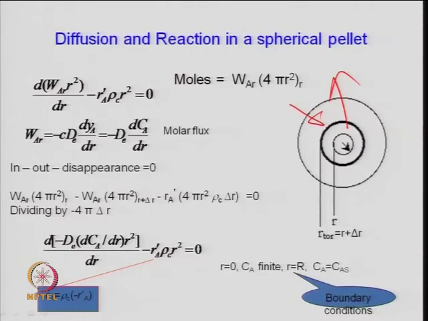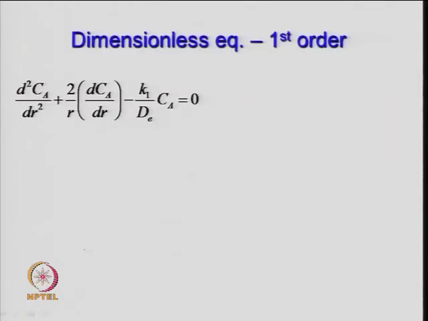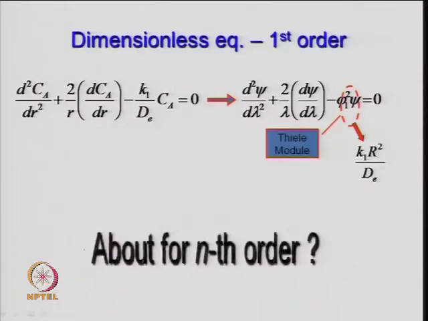So, inward input is at r, which is basically one can write as minus of that flux also. So, W_A r into 4 pi r square, minus the flux at r plus delta r, the whole thing evaluated at r plus delta r, and minus disappearance because of chemical reaction. So, we have defined here the rate of reaction per unit mass of the catalyst, multiplied by the mass of the shell. So, 4 pi r square times delta r, that is the volume of the shell, multiplied by the density of the catalyst pellet, right. So, that is the differential equation, and if you simplify the equation, then that comes out to be something like what we discussed last time of this form, and that has been discussed, right.